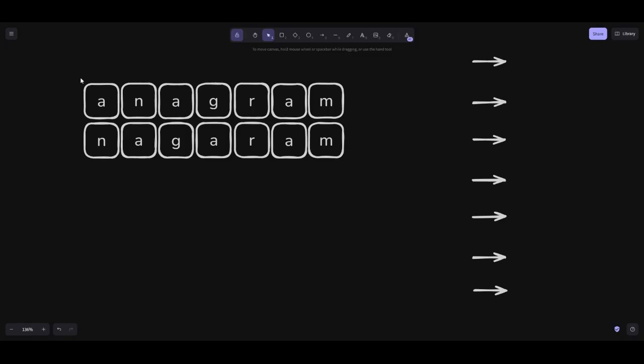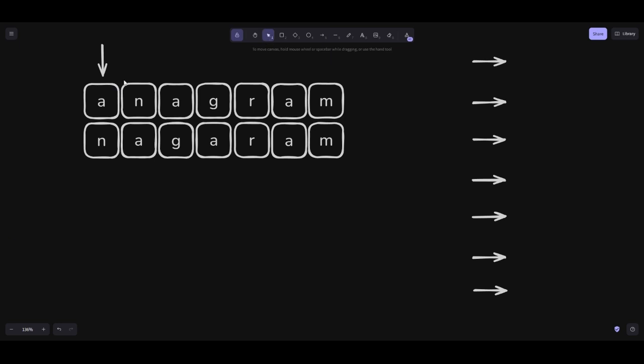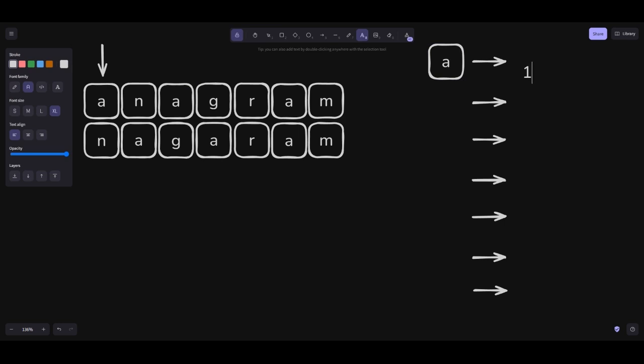We can solve this by iterating through the first string. We're going to go through every single character, and add it to our dictionary if it's not already in the dictionary, and add one to it, so one occurrence. And if it's already in there, we're going to increase that by one. So let's do one iteration through the first string. We start off with A, and we see that the dictionary is empty, nothing's in the dictionary, so we're going to add A to our dictionary and increment this by 1,